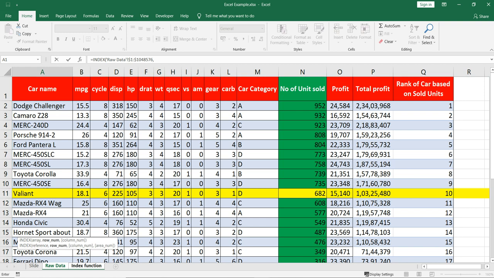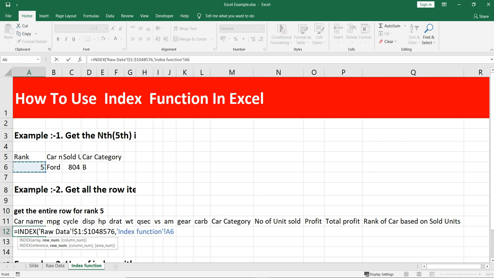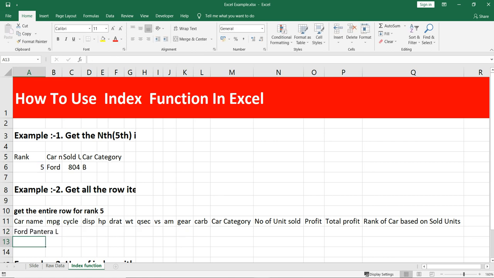For us, our row number is this rank 5, so we'll put +1 as there is an extra header. Now we need the column number. The car name is in column 1, so we'll simply put 1 and then close this bracket and we'll get the car name.